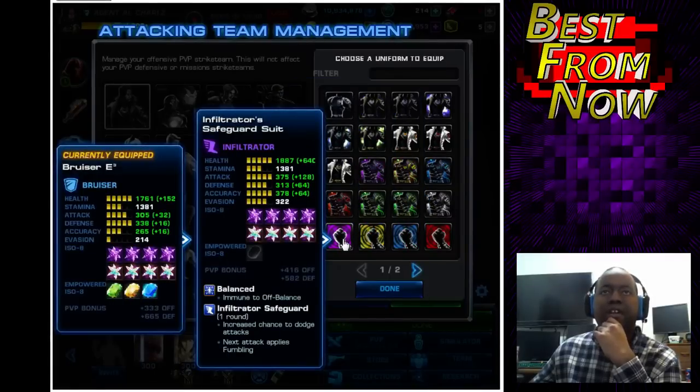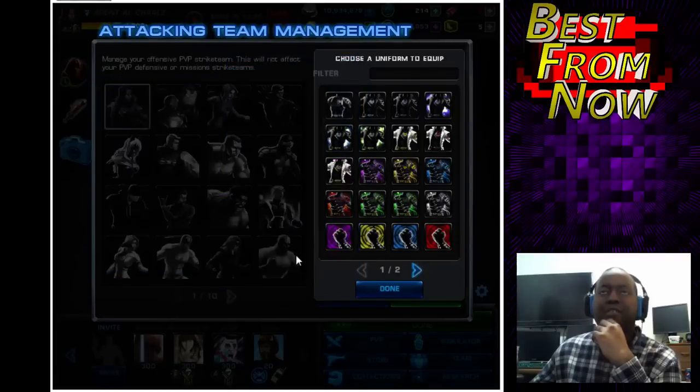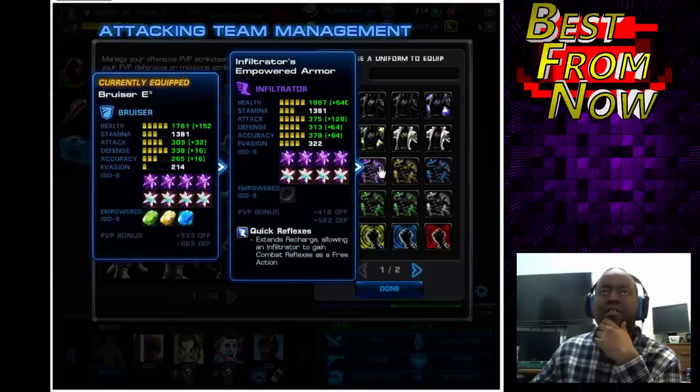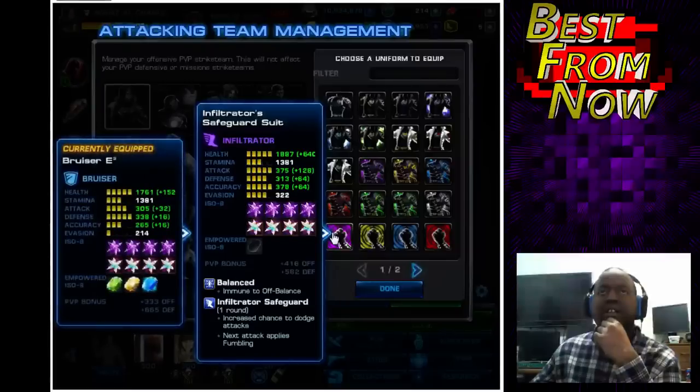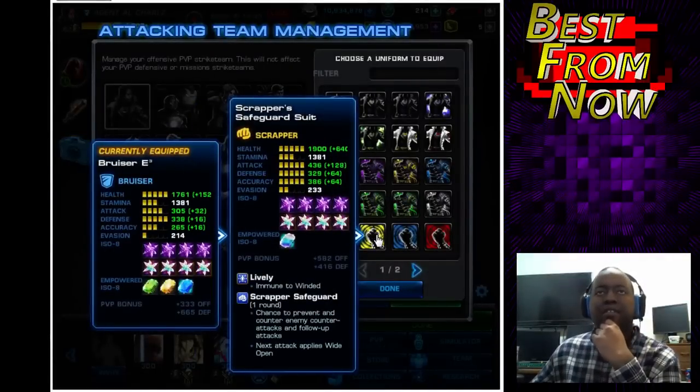The Infiltrator Safeguard, I don't think I would use that anymore. I mean, fumbling can be applied to AoE attacks too, which is alright, but you can get an avoidance effect by just activating your infiltrator power anyways. So I don't really see much of a point anymore. And then you could just use the Elite EISO for the off balance. You can use the PvP one for all of them, so we're not going to mention that every time. But this suit